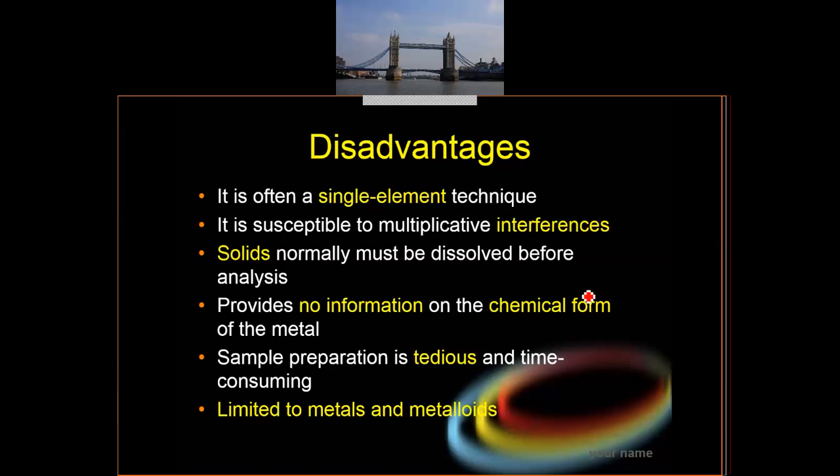Again, problem with interference. Sometimes the result shows a high amount of the element, but actually there's not a lot of it in there because of that interference. Okay, and also the preparation, we need to transform solid to gas, to liquid. We need to do the furnace process. We need to make it into mineral first. Okay, yang bawah-bawah tu baca lah. And finally, limited to metal and metalloid. Just like we've seen in the slide before, some of it we cannot